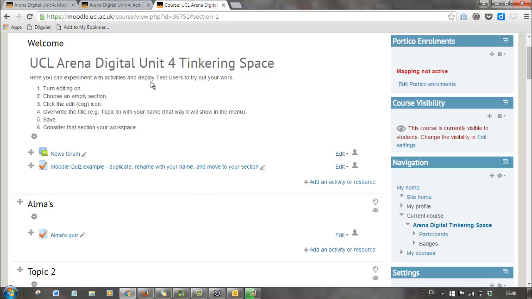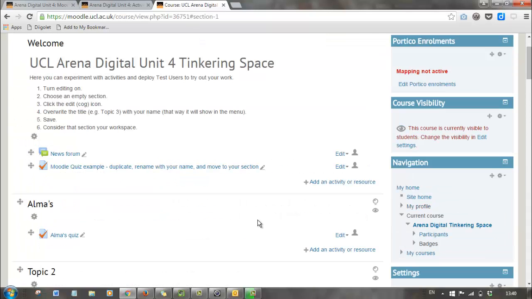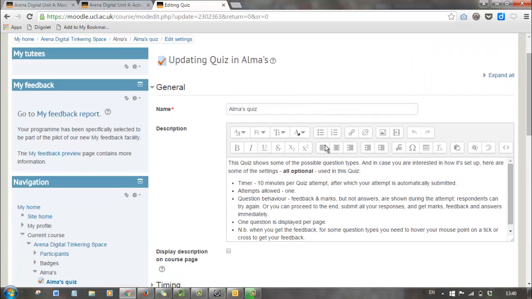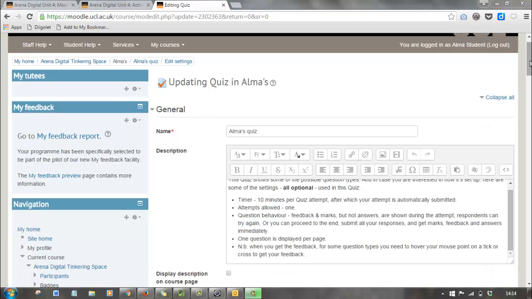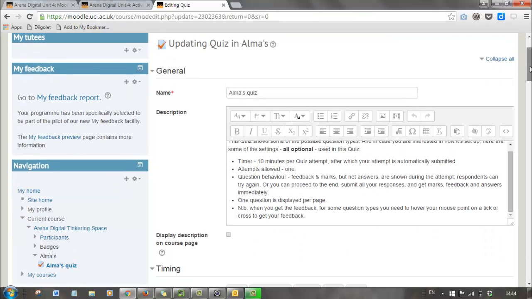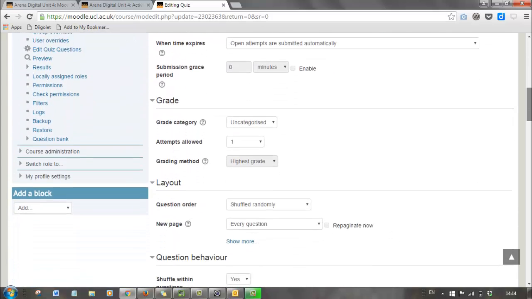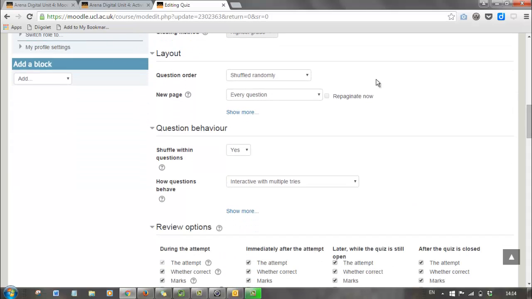So now going back to the instructions, take a look at the settings. I would do that by clicking edit settings, and looking down here. I may need to expand all. And when you're looking at the settings, note that you can set things like how many attempts are allowed, and out of those attempts, how is the grade arrived at, and things like question order,